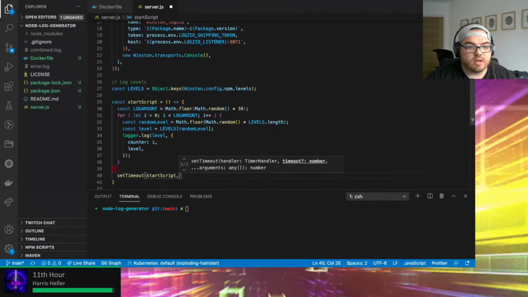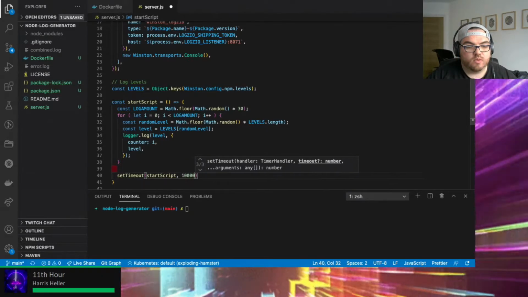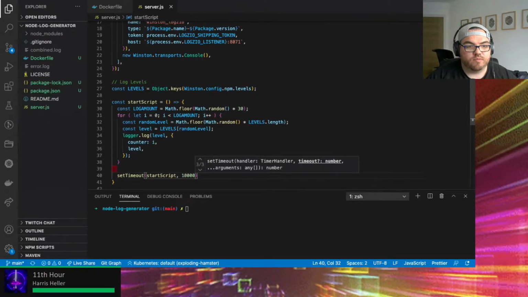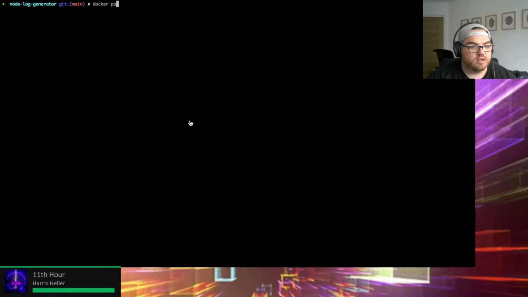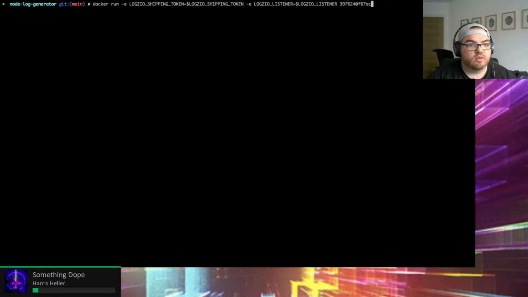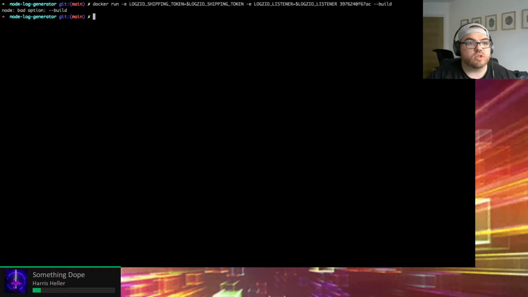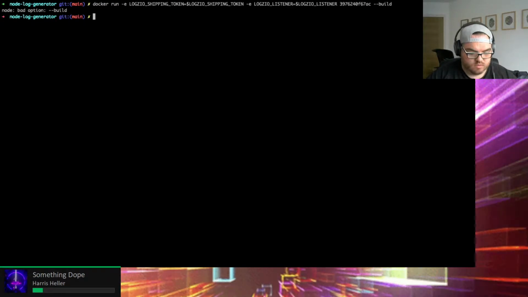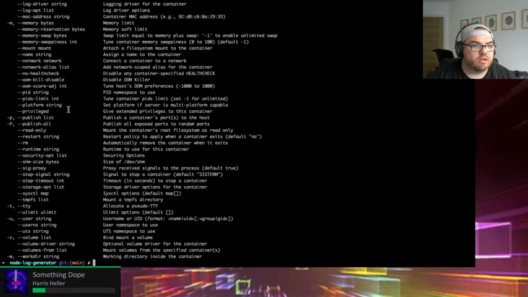And the timeout should be, yeah, just every 10 seconds it does its thing. And just to make my life easier, I'm just going to docker run help. Pretty sure build is the flag.